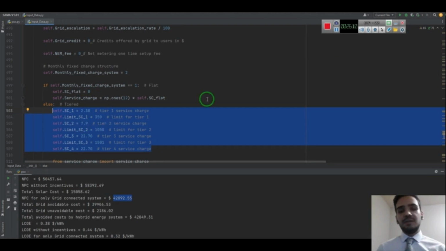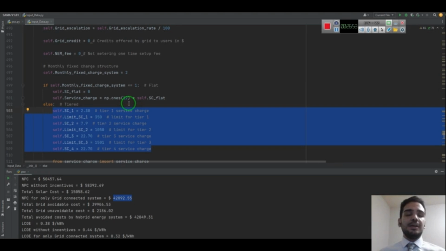This utility charges users a tiered monthly service charge based on the previous year's electricity consumption. There are limits for each tier, and if you crossed those limits in the previous year, you would be charged the next tier's service charge the following year. If you didn't cross them, you would be charged the previous year's service charge.